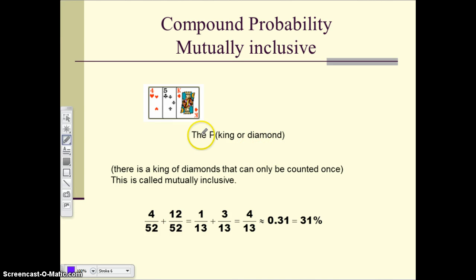Okay. In this situation, what is the probability that if you had a deck of cards that you would select a king or a diamond? That or is there, we're going to add. So what's the probability you'll select a king? Well, in the deck there are 4 kings, so we have a 4 in 52 chance. How many diamonds are there? 12 in 52. We can simplify those down and we come up with